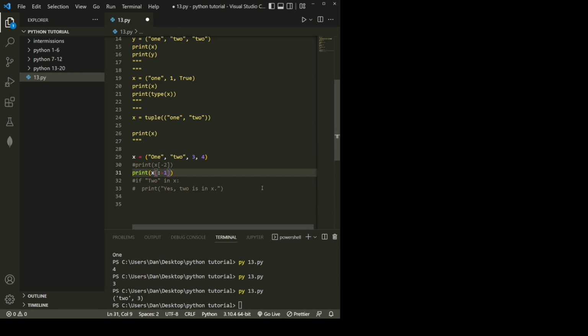It works with positives as well, of course. If we save, run, we see 1, 2, and 3. Even though this is the value for this one, remember that it does not return the value where you stop. So you can also